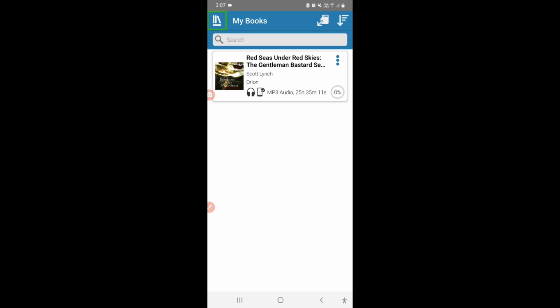But in Easy Reader you also have audiobooks available, and even though Bookshare provides audiobooks on the website, it is not yet providing audiobooks in the Bookshare app itself. So that is one disadvantage, and this is the reason why you could download both apps and use whichever you want according to your preferences at that given period of time. So that is the basic difference between Bookshare and Easy Reader.